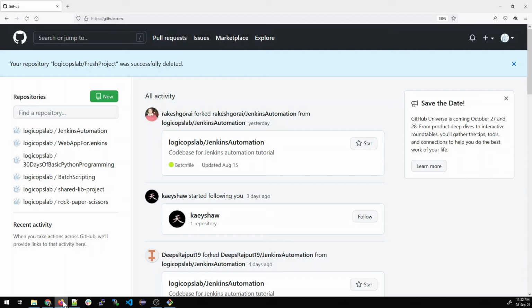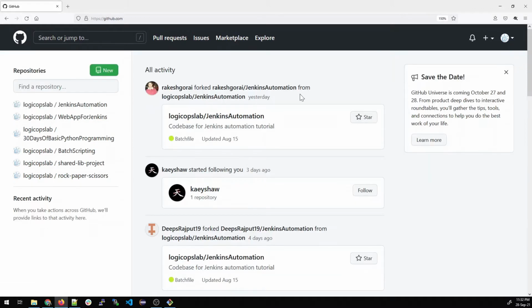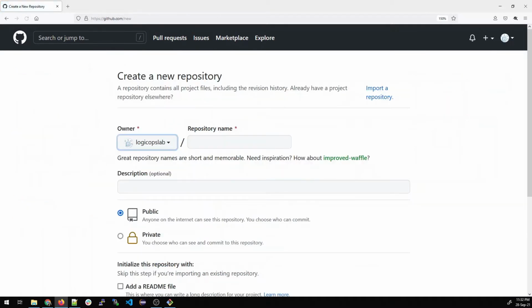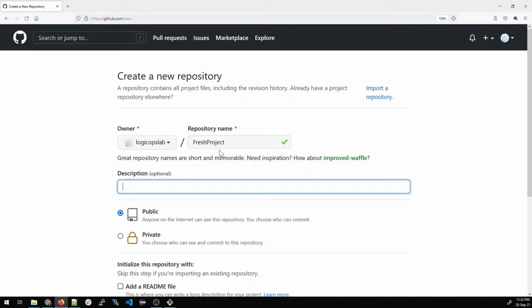Now we'll go over here in our GitHub and create a new project. Depending on the version that you are seeing, the creation of new repositories can be anywhere over here in another version. Anyway, just click on New and we'll create a new repository. The repository name should be fresh project, the same name.